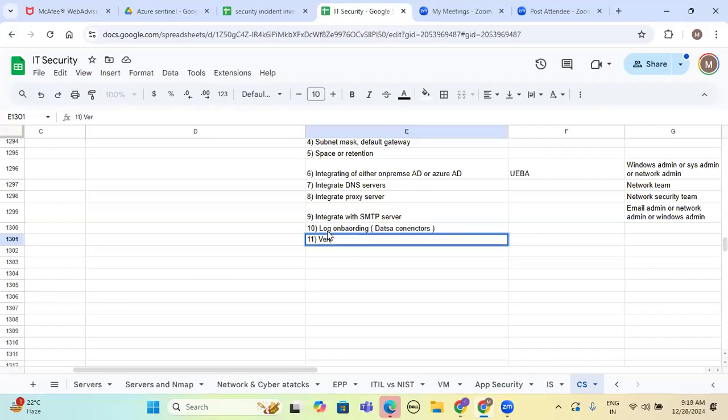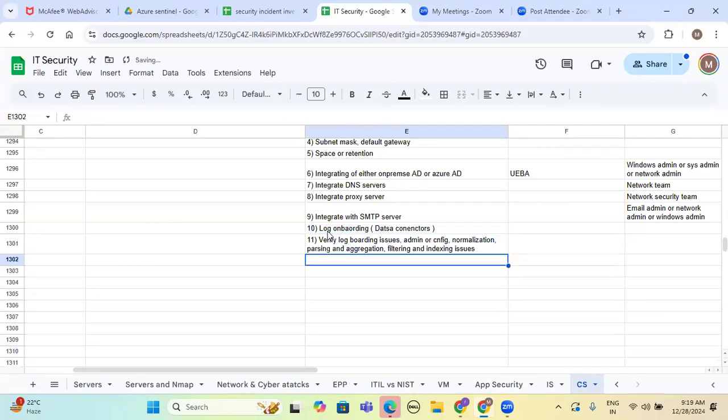Verify log onboarding issues, admin or config, normalization, parsing, aggregation, filtering, and indexing issues. We have to verify that; it is part of the L3 level or implementation level, the 11th step. Later, we have to think about, based on business requirements,